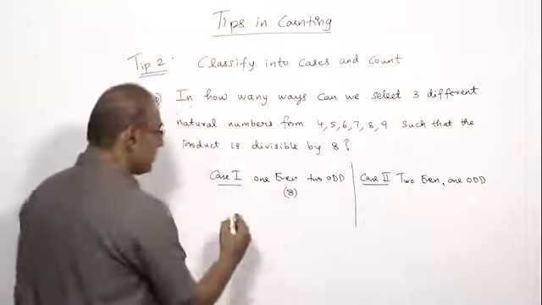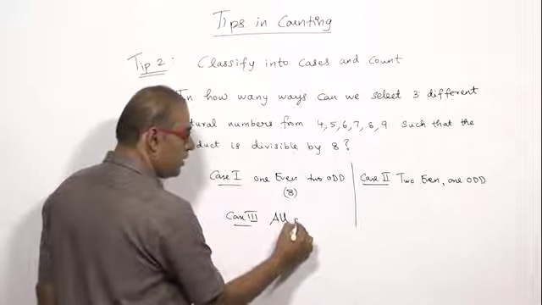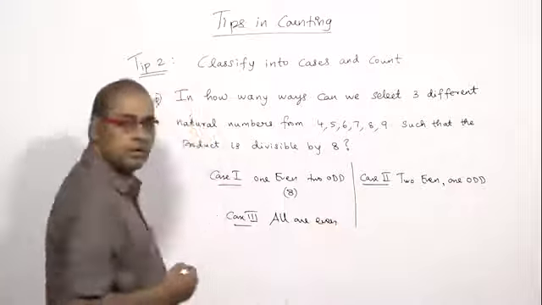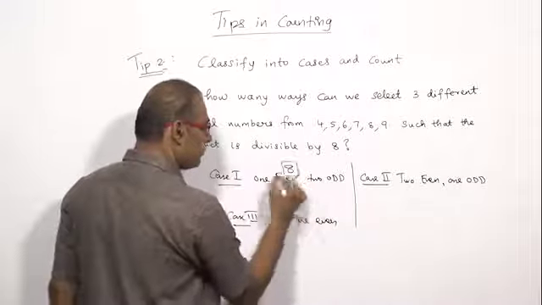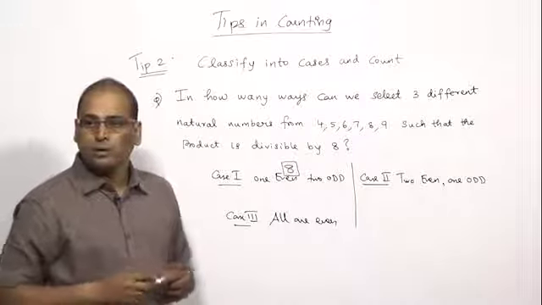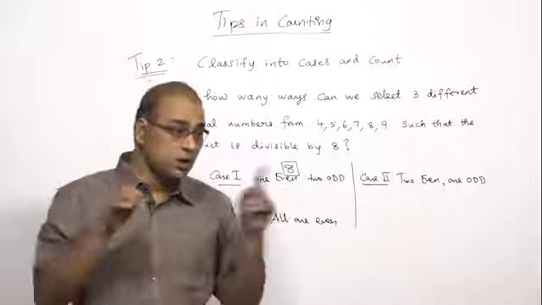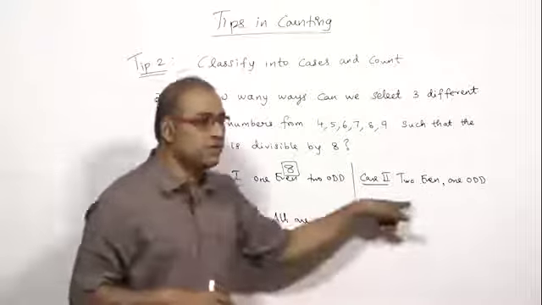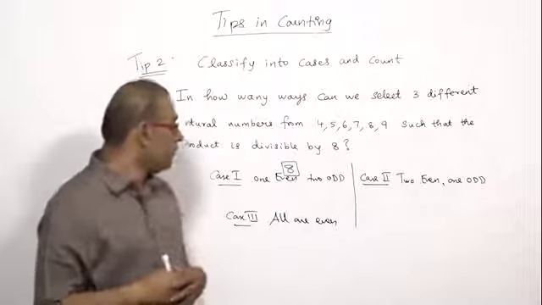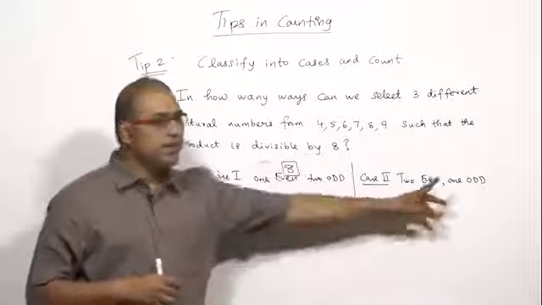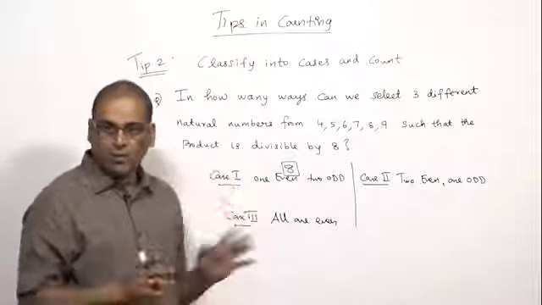Then what is the third case? All are even. So 1 even is that number 8, right? There is no overlapping, right? The very important thing is the cases should not overlap. If they overlap, you will be counting the same thing here as well as there. That's not going to happen. Therefore, 1 even and 2 odd is different from 2 even and 1 odd, different from 3 even. All the cases definitely have no overlapping.